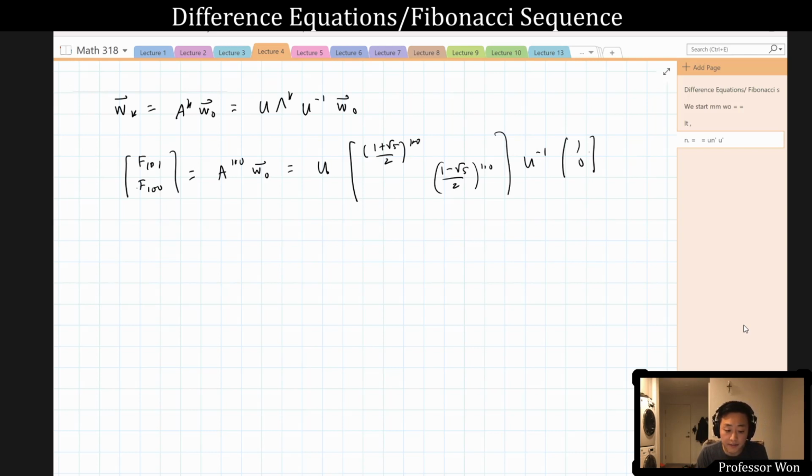Okay, and this thing is actually computable by you. You could compute this just with a calculator. You could do this, right? So